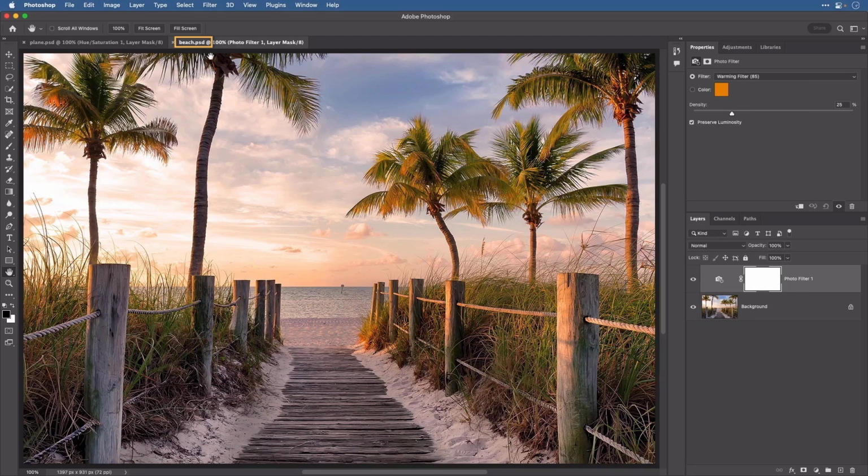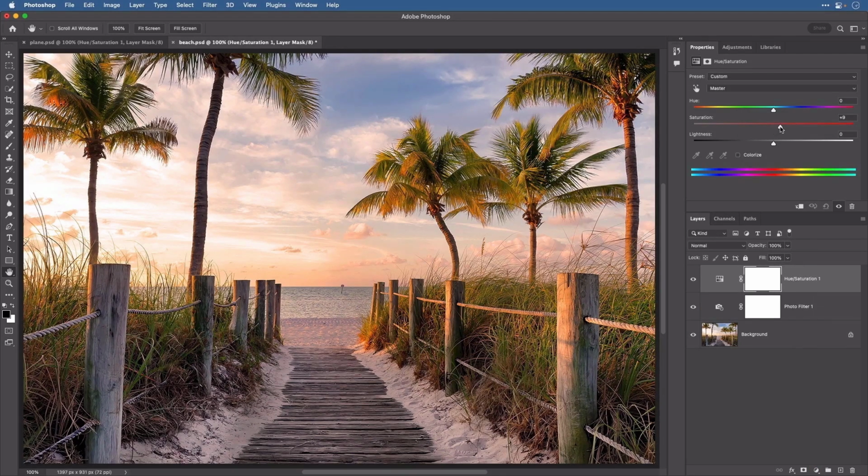Now remember, we started with a JPEG. Now we've saved another version of this file as a PSD, and this will be your master version. So as you continue to work,